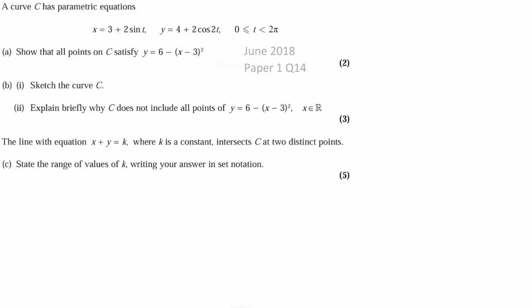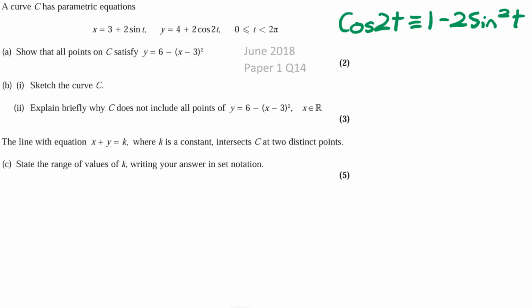Now, the way that we're going to do this is, if you look at the y parametric, we have this cos 2t with the 2 inside the trig function. So this is a clue that we're going to use the double angle formula. And for cos 2t, remember you have two of them. You have the sin version and the cos version for the double angle formula. As we have sin t in this x parametric equation, it makes sense to use the sin version. So therefore we can sub out the sin t for an x term, and therefore we can make the Cartesian. So for cos 2t, the double angle formula for sin is 1 minus 2 sin squared